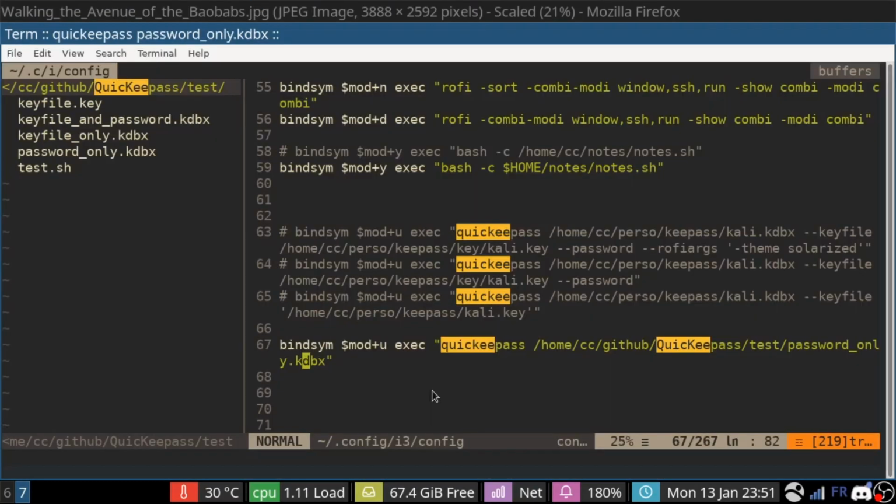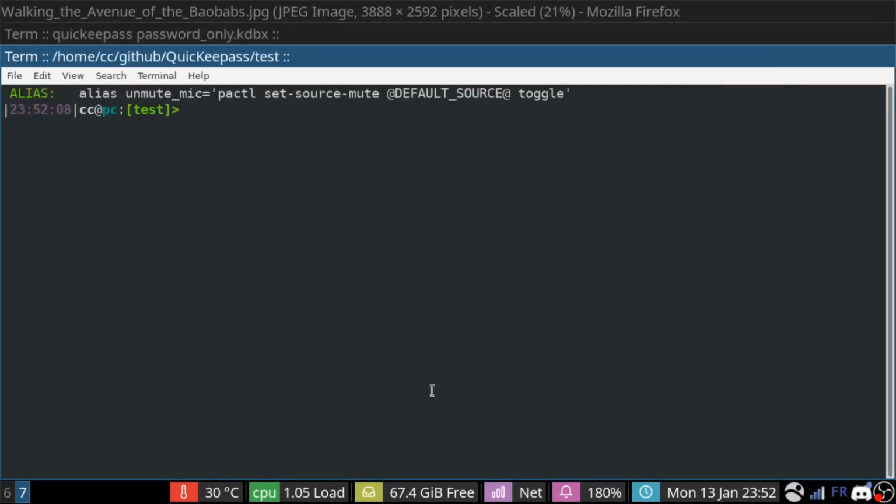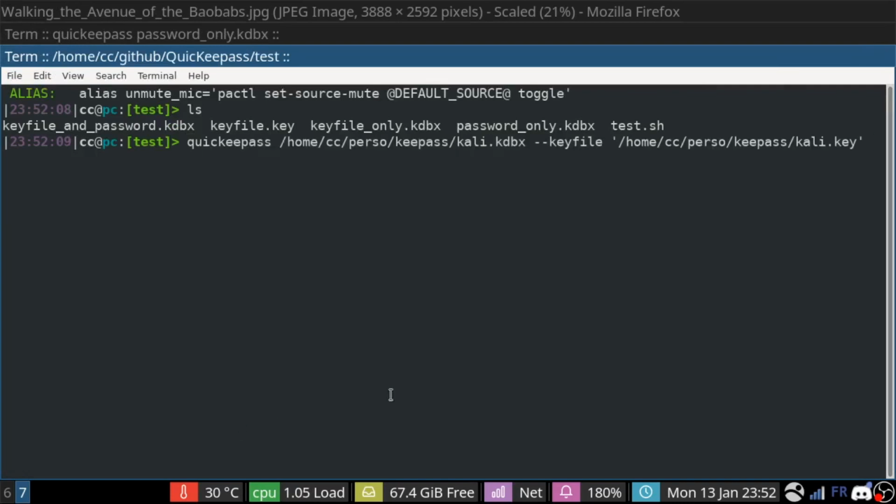So this was for the default case. Now if you want to do more advanced stuff, for example, KeePass gives you the ability to use a key file instead of a password. This is really useful because it allows you to go really quickly. For example, here my key file is here, and my database is here. So let's put the right database here. Key file, okay, QuickKeePass. Just choose the database that we want.